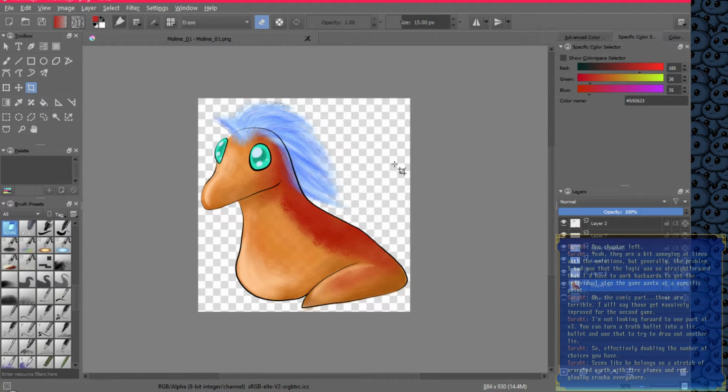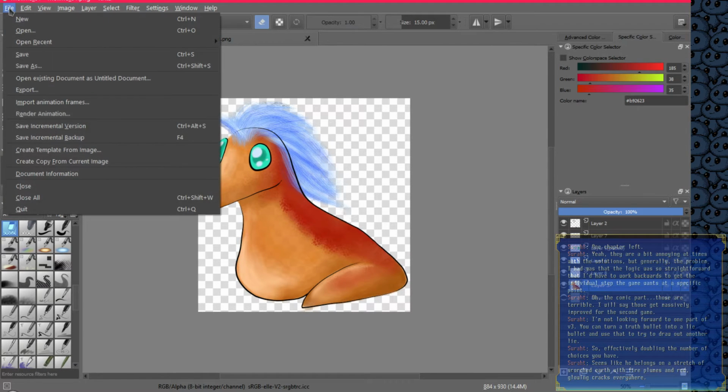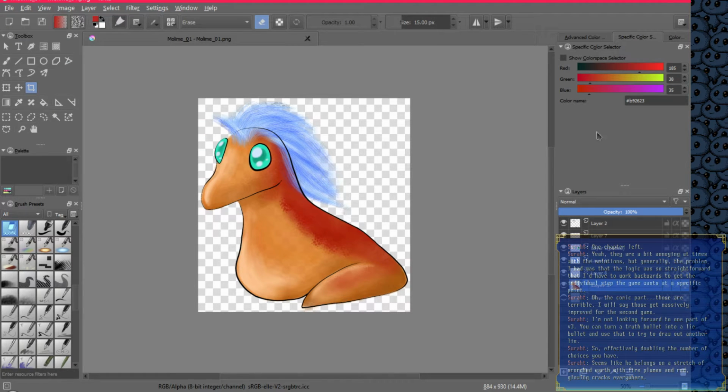It's one thing I hate about GIMP and Photoshop: you have to go to File and then Export, because now I can just goof around here and save it and it will save as a PNG. If I did that in GIMP, it'd pop up a dialog box saying you gotta export the thing or save it as a GIMP file, and it's like, I don't wanna. Yeah, I think I found this program like yesterday, so I think I'm just giving up on GIMP for this,